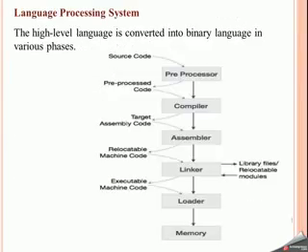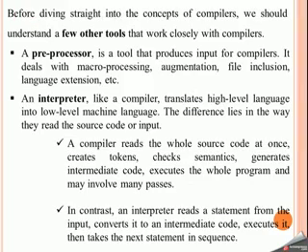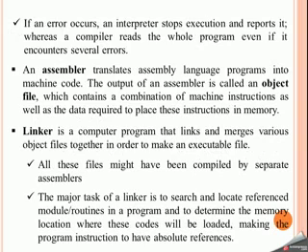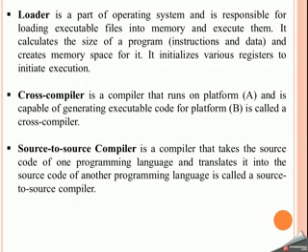So we can say that first the preprocessor produces the input for the compiler, and apart from that it does augmentation, file inclusion, etc. A compiler translates the high level language into assembly language, and the assembler translates the assembly language into object code. The linker links and merges the various object code together in order to come up with an executable code, and finally the loader, which is part of the operating system, loads the executable file generated by the linker into memory and executes it. So that is how the entire scenario works.